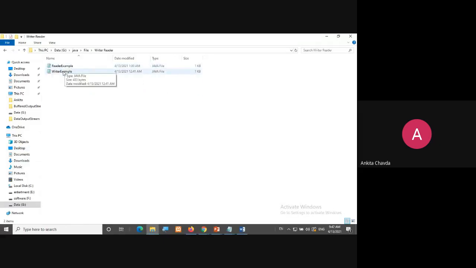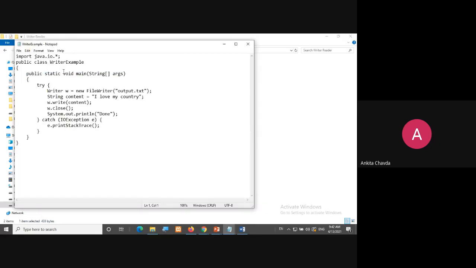Reader, writer. First we will do write, and then we will read. Here I'm having one of the classes, inside this public static void main, inside this try. What I'm doing is I'm not creating an object of Writer, because Writer is abstract and you cannot create an object, but it can refer to its child object. So I'm doing Writer w equals new FileWriter, and I'm giving one file name, which is output.txt. So I'm creating a FileWriter here, which we will see later on.